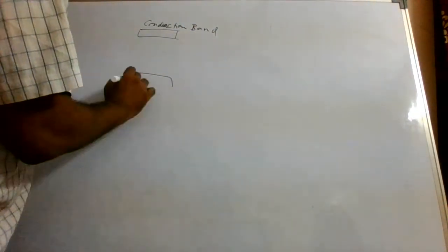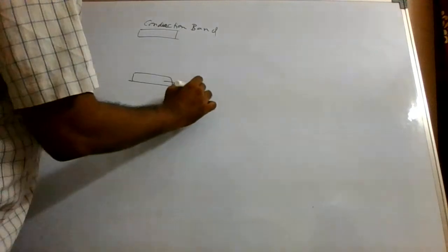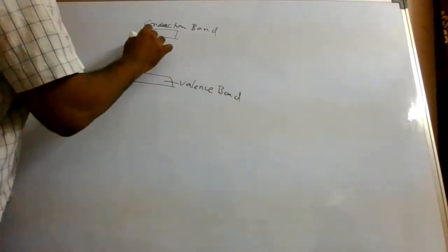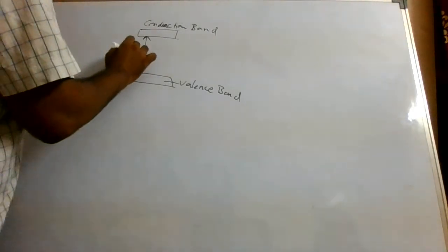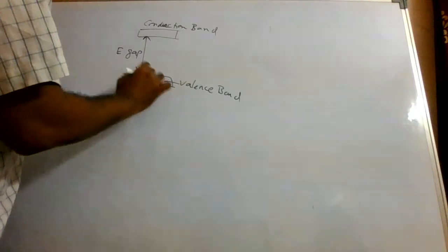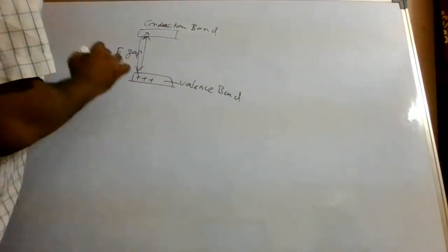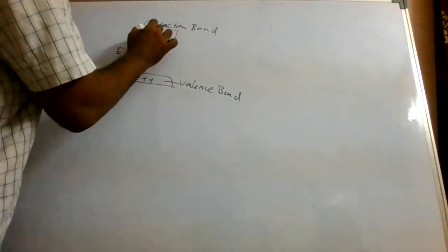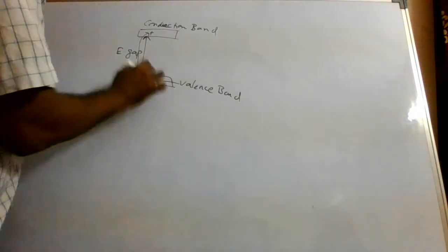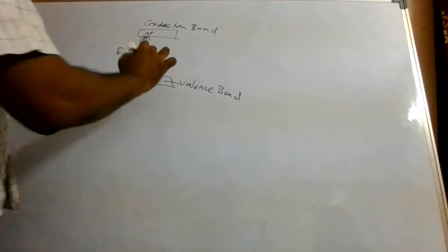This is our valence band, and this is the gap, E gap. So originally the electrons were here. From here to here they are moving. So now the electron is here, let us say. So here there is a vacancy. Similarly here there is a vacancy. There is a vacancy here, if they are moving to the